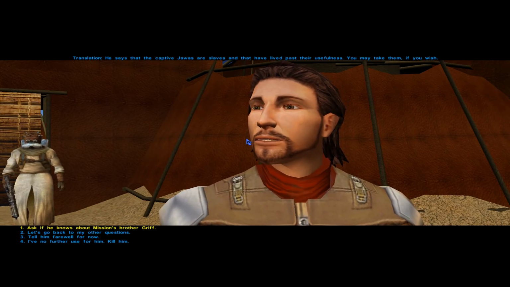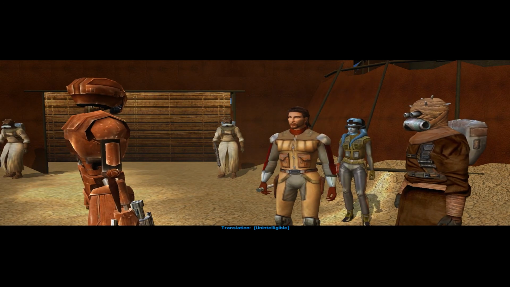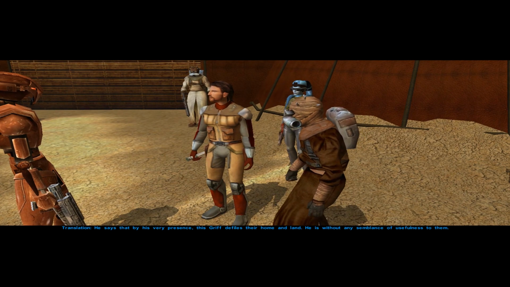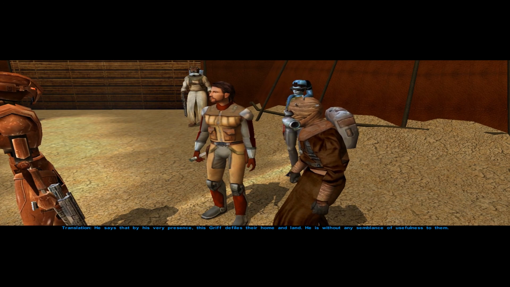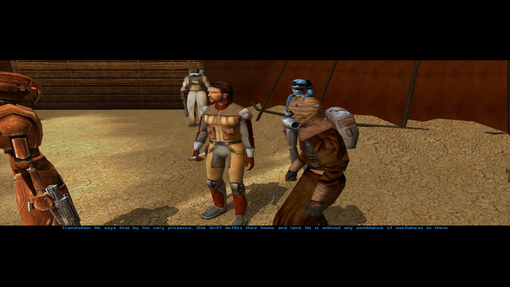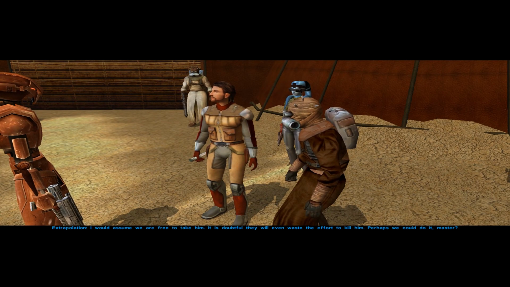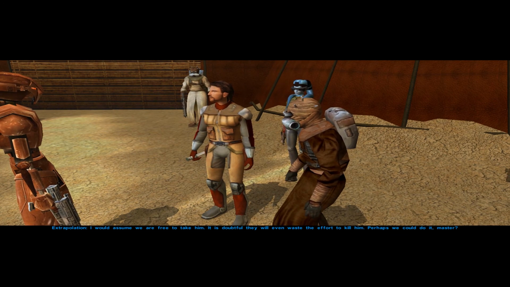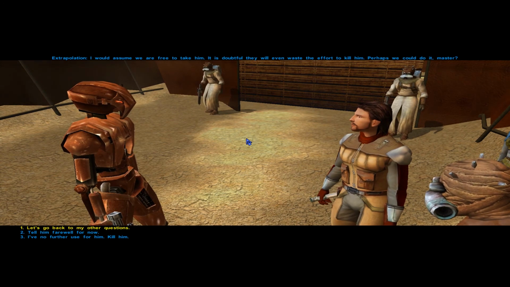Ask if he knows about Mission's brother Griff. Translation. Translation. He says that by his very presence, this Griff defiles their home and land. He is without any semblance of usefulness to them. Yep, that would be Griff. Extrapolation. I would assume we are free to take him. It is doubtful they will even waste the effort to kill him. Perhaps we could do it, Master. Let's go back to my other